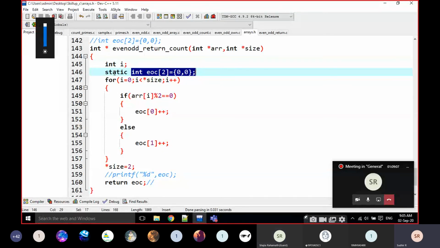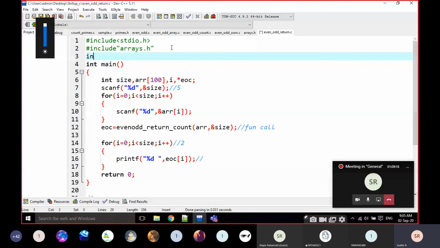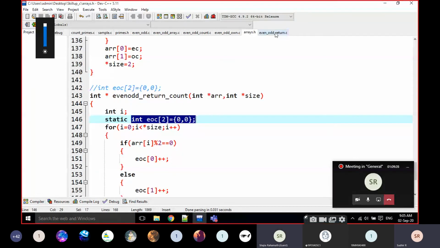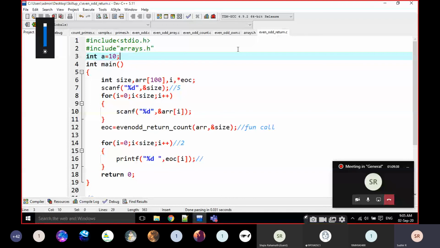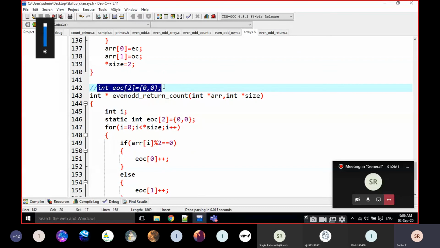For example, if I write int a is equal to 10 outside, a is a global variable, not local to the main function or to any even and odd function. It is a global variable we can access from any function definition. That's why I am declaring it like this, and I can return without static also.